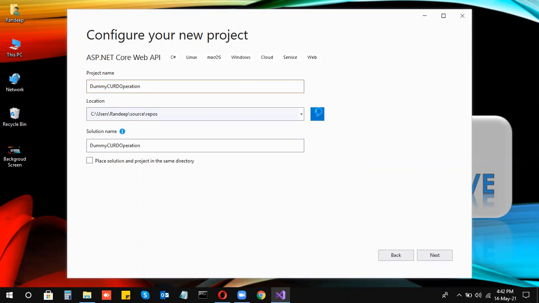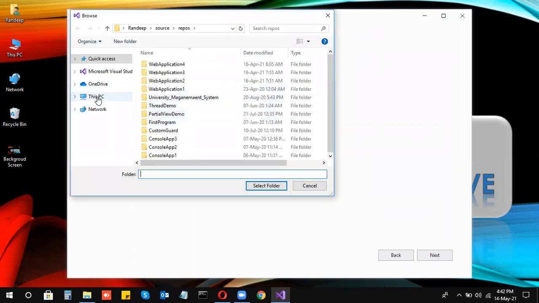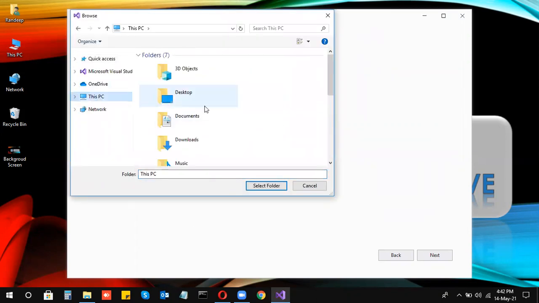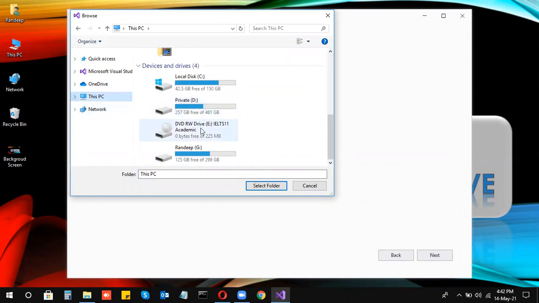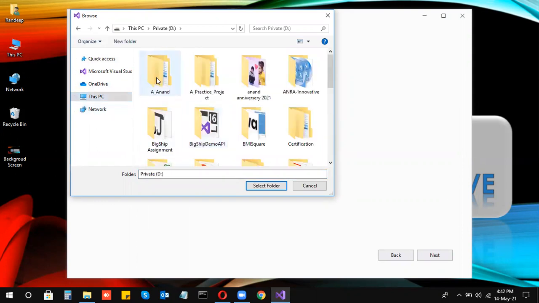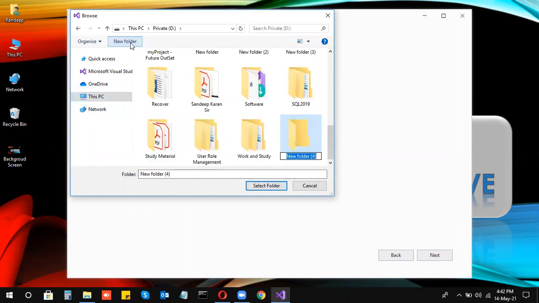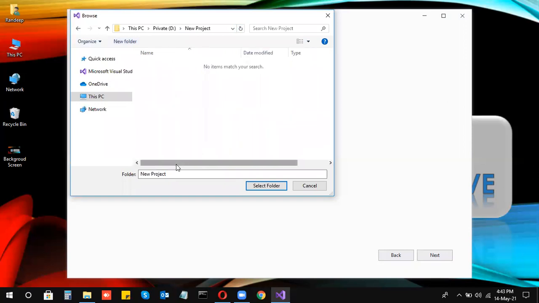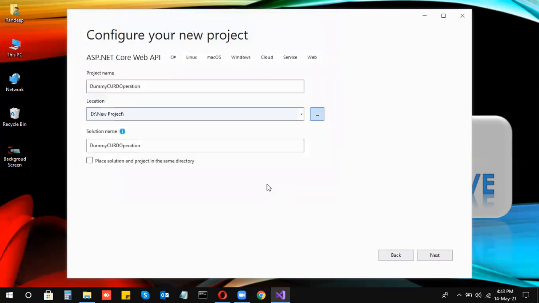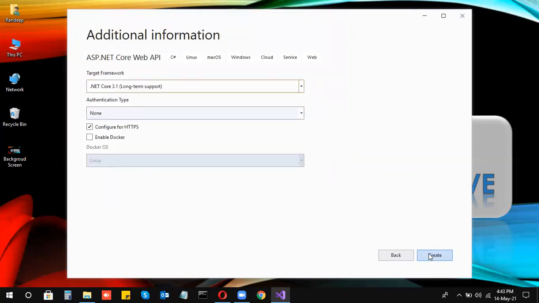Okay, and I'll choose a folder, so in the upcoming video I can put everything in this folder. Okay, I created it and clicked on next.